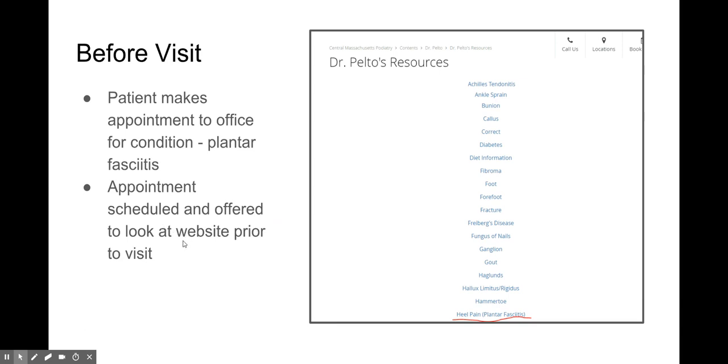Once the appointment is scheduled, they're offered to go to the website prior. So this is my website. These are all the presentations that I have, and I'm underlining here the one for plantar fasciitis. If they click that, they would get those resources to review before they came in. Some people think you're giving away too much information, but they're going to find it anyway online. They're going to be finding something, but I want to make sure they get the right information so they can